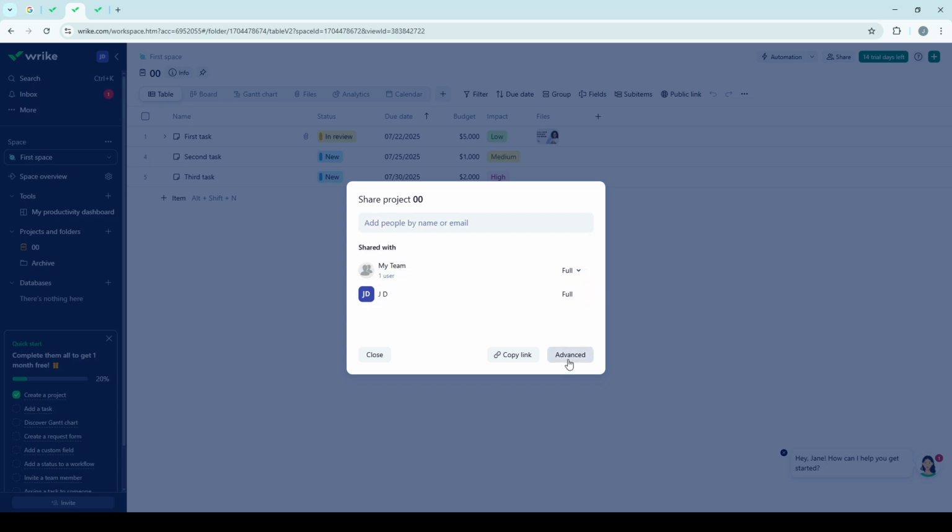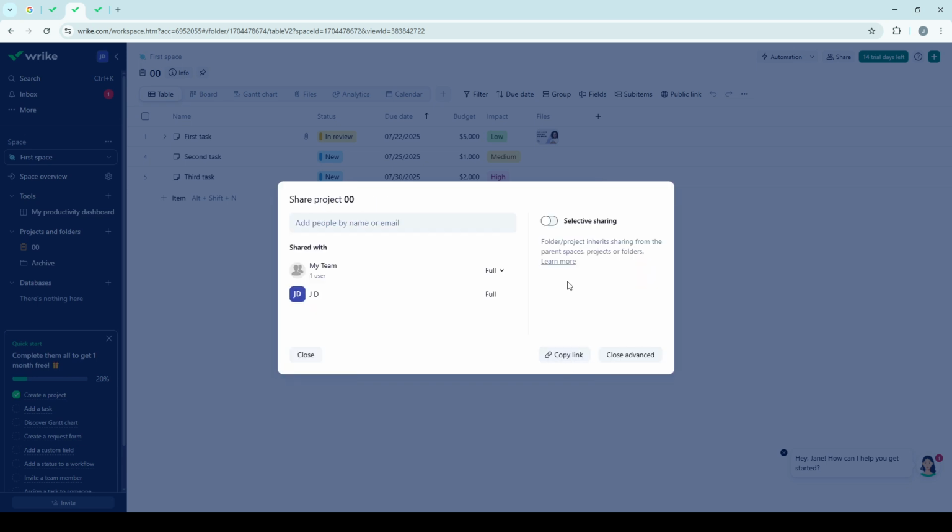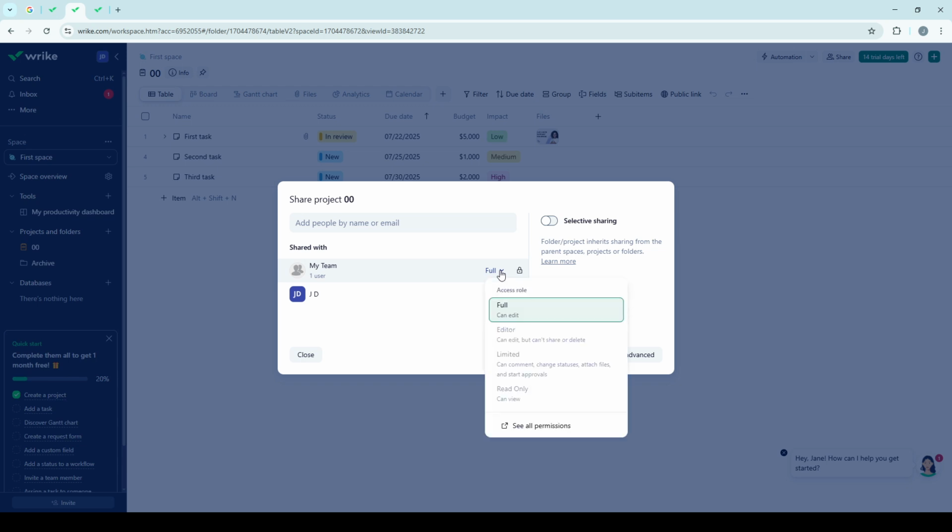After locating the person, it's important to assign them the appropriate access role. Wrike offers various roles such as admin, editor, and viewer. It's crucial here to choose the correct role to ensure that the person has the right level of access to